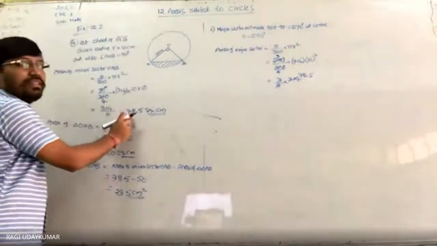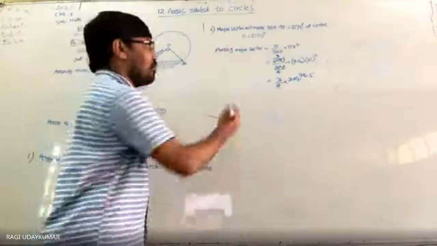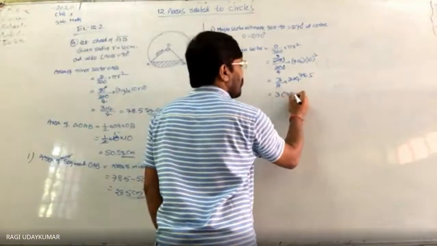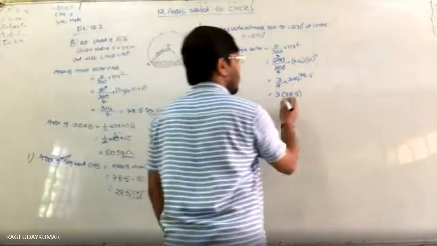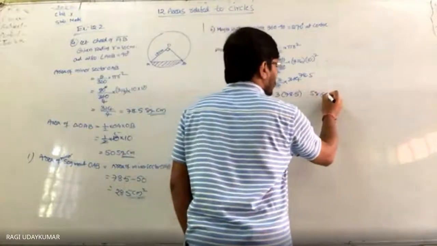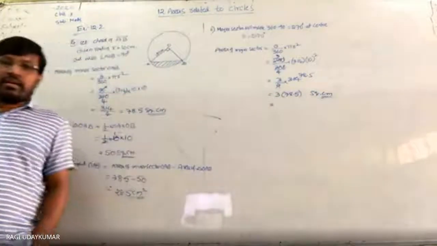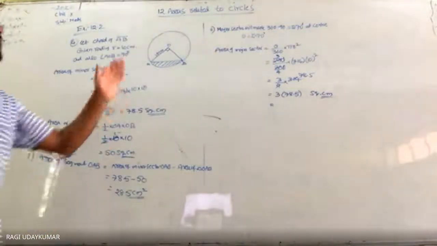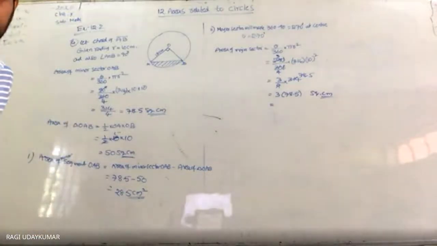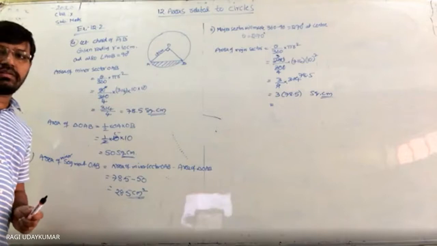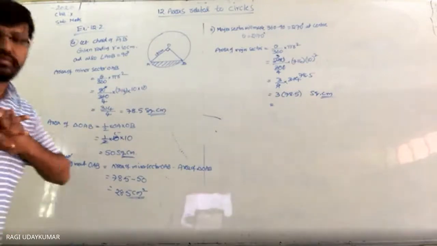So you should be a little bit aware. If you use this, the time becomes much less. Otherwise the calculation will take more time. 3 times the 78.5. So multiply by 3 and write square centimeters, the area of the segment. The area of the segment also you have to do like this, the area of the sector like this. Did you get my point? Question समझ में आया? Is it clear to you? Do you have any doubt? No, sir. Very clear. Okay.